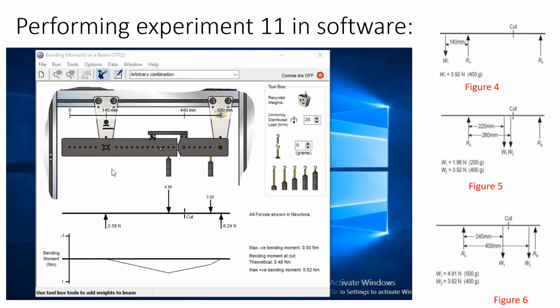And now this was our experiment. So write this experiment, note it down, please note down in your notebooks and compare the values, and when we find the time in the labs, we will perform at this station as well. So this was our bending moment experiment on this apparatus.